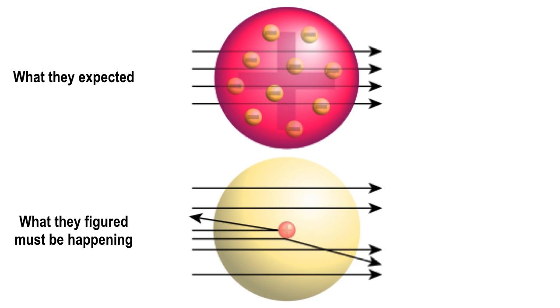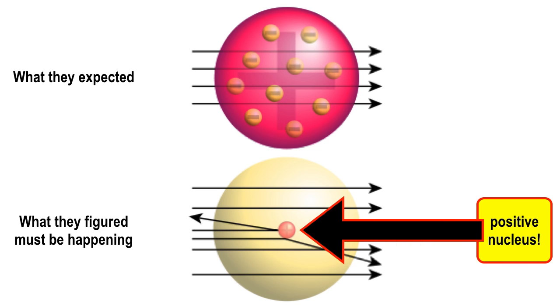Most of them went just right through. They didn't really interact with anything. So they knew that whatever they were interacting with was pretty small. It was so small, most of their alphas missed. But they got backscattering, and they got some regular forward scattering as well. But the backscattering was the giveaway. We have got something small, something that repels. All right? In other words, we have a positive nucleus. So backscattering, positive nucleus,